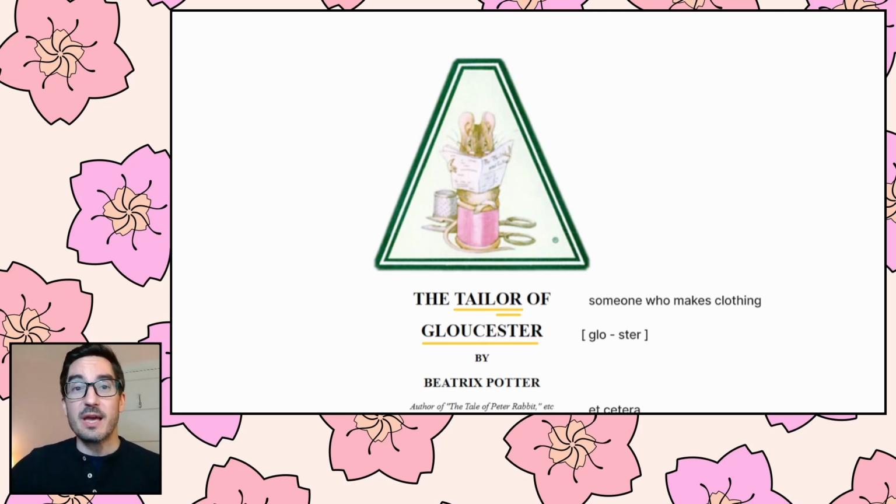But once we got past the very beginning, we started getting into the story of the tailor and his cat Simpkin and some of the mice that live in his workshop. And the mice help him out a little bit. So in this part of the story, we're going to...